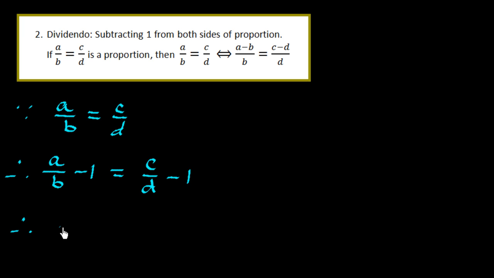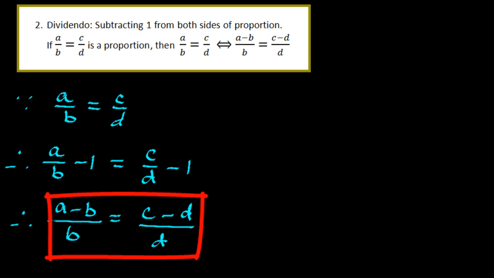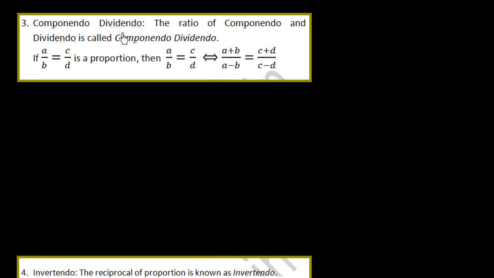If we take the LCM of both the sides, so here on the left side we get the LCM B, so it is A minus B. On the right side we get the LCM D, so here we get C minus D over D. So this is our dividendo rule of proportion. Now the next one we study about the componendo and dividendo rule. The ratio of componendo and dividendo is called the componendo dividendo, because we know that the componendo is